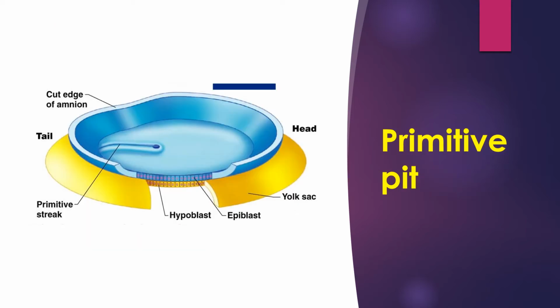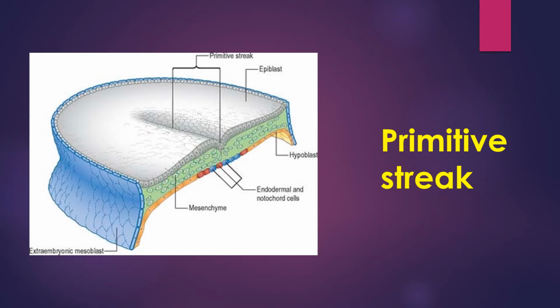Here we can see the primitive streak, which has migrated from the pluripotent germ cells. At this cephalic end we can see a cord of cells called the Hensen node, and in the Hensen node we can see a pit-like structure, which is called the primitive pit. The primitive streak is the primary organizer for the formation of the notochord and the intraembryonic secondary mesoderm.